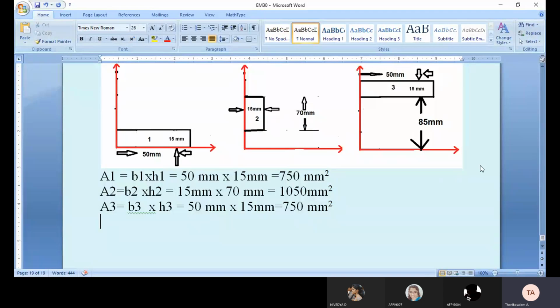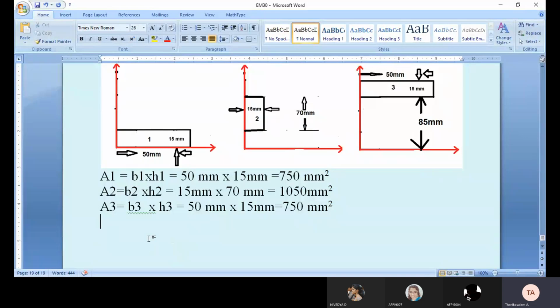Now come to x bar, y bar. Now see the first section. I told you, if it's touching the reference axis, you use the direct formula. If it's not touching, then you consider the distance and then the formula. So students, always remember, y-axis is the reference for what? X bar. If you want to find x bar, the y-axis is the reference.